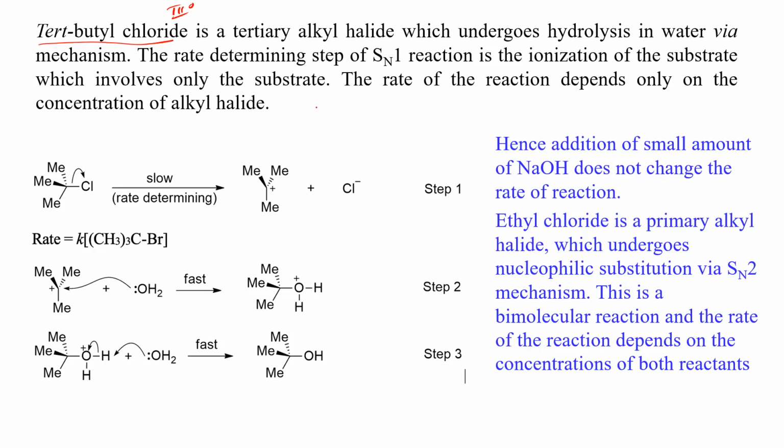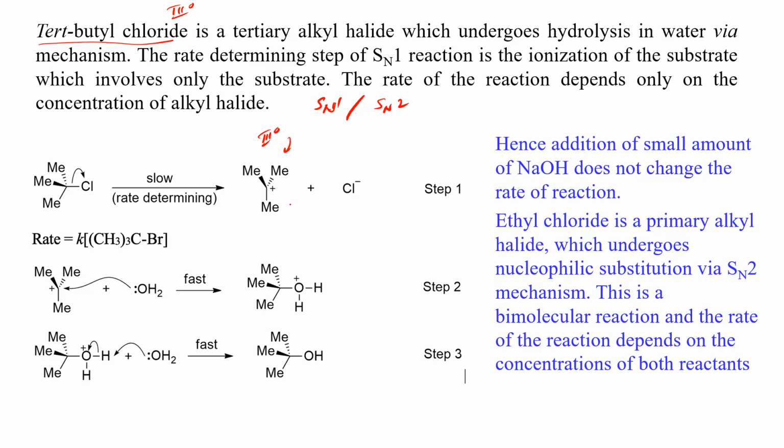Alkyl halides undergo SN1 or SN2 mechanisms, and depending on the structure, tertiary alkyl halides undergo the SN1 mechanism. The reason being, a tertiary alkyl halide makes a tertiary carbocation like this one, and these are more